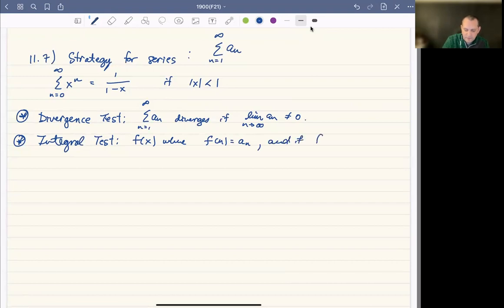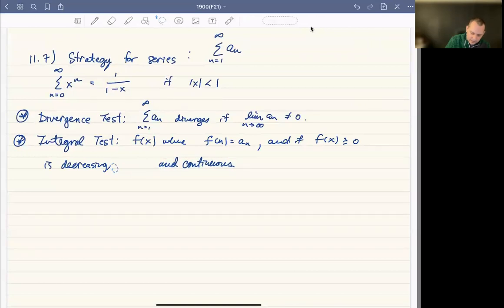And if f is positive, so greater than or equal to 0, decreasing, and continuous, you need continuity so that the integral is well defined. I mean, continuity is only there to ensure that there's the integral you can evaluate. But as long as the function's positive, decreasing, and continuous, and actually I should mention,